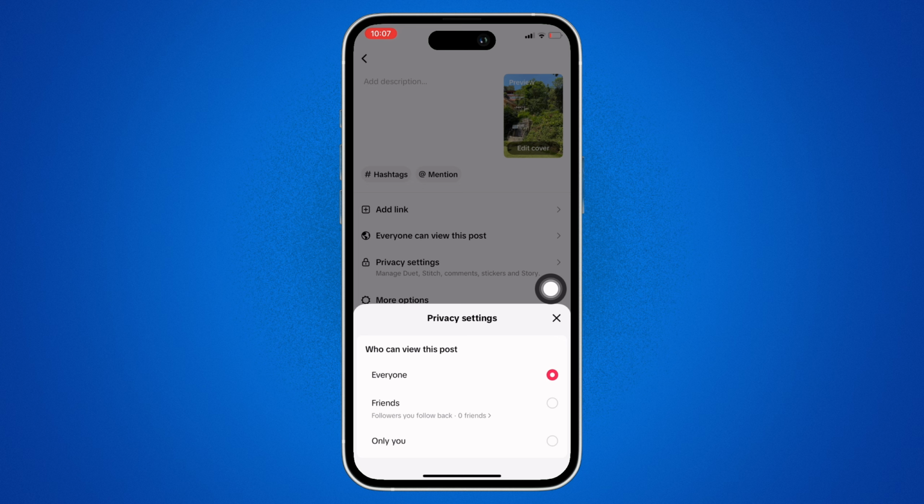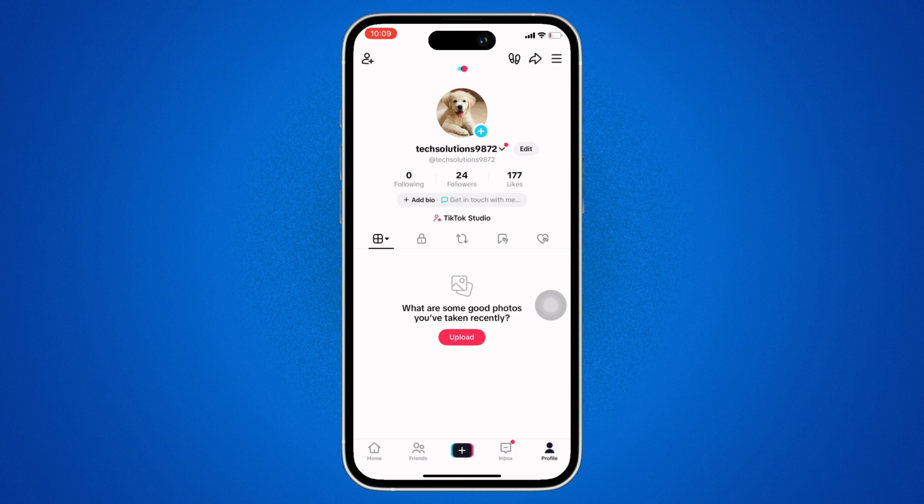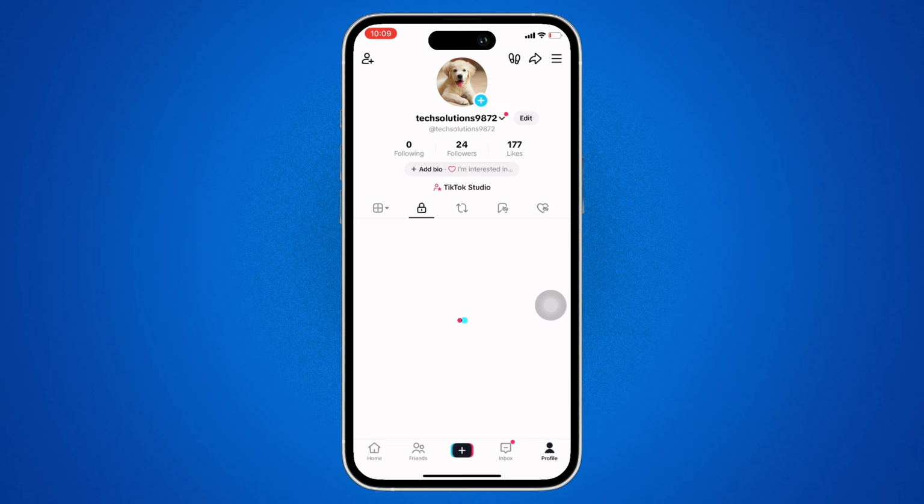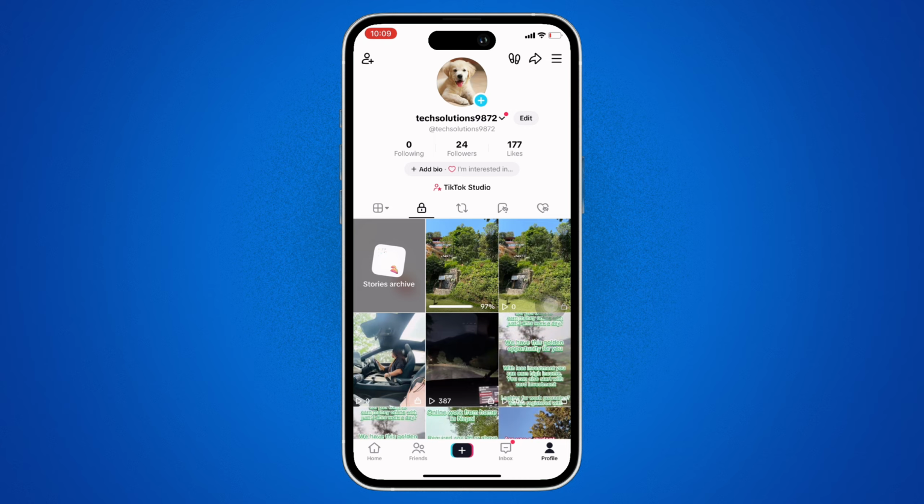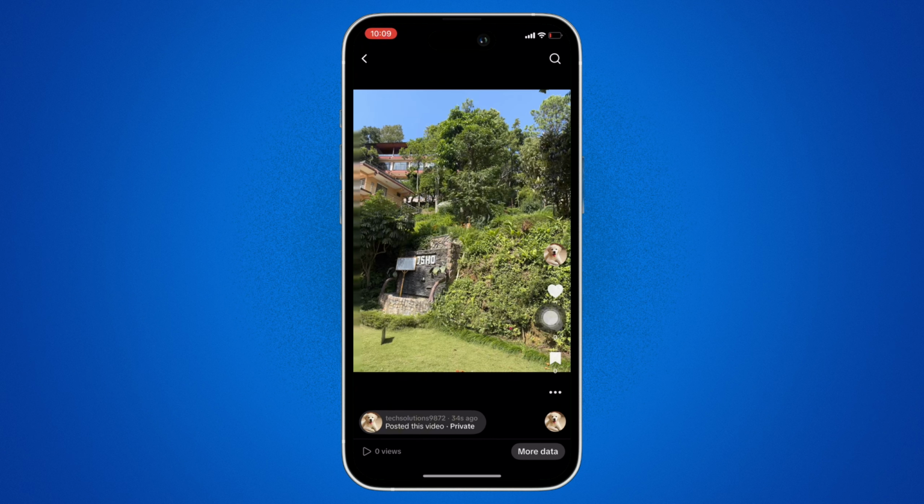You will then see the option for only you. Tap on the only you option and then tap on the post option. Once posted, go back and then tap on the lock like icon you see there in order to view your private videos. Now go ahead and tap on the video that you want to convert to live photo and then